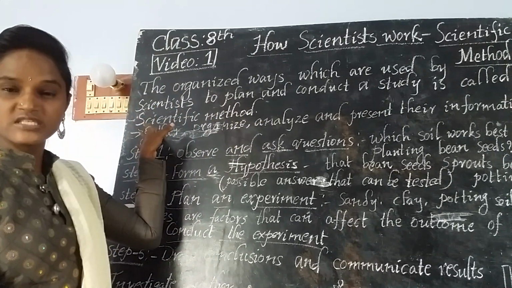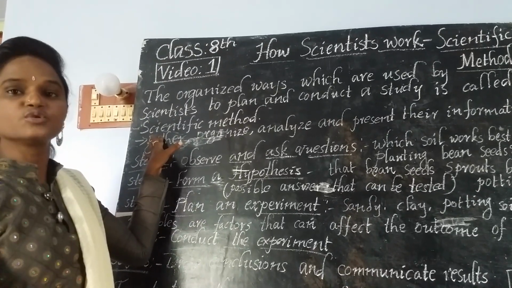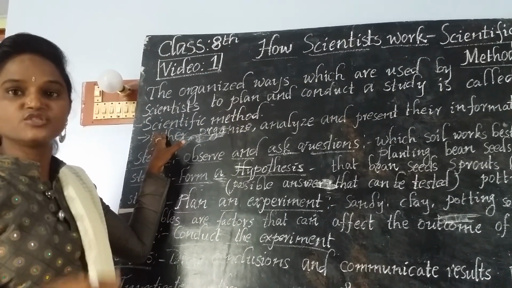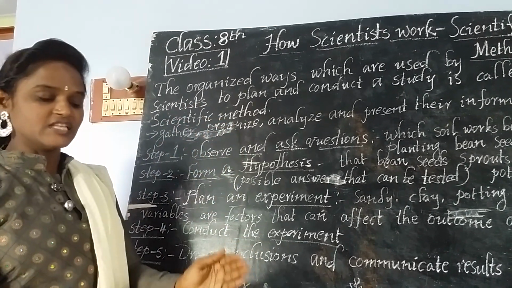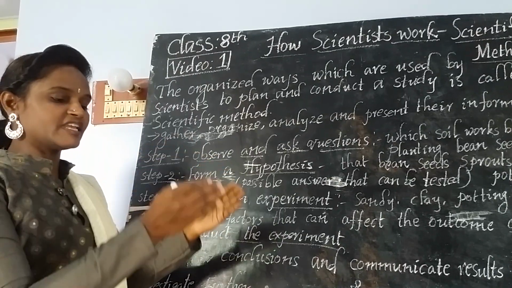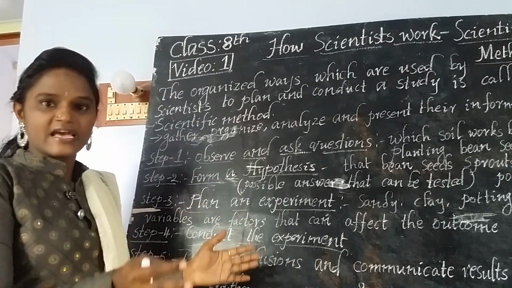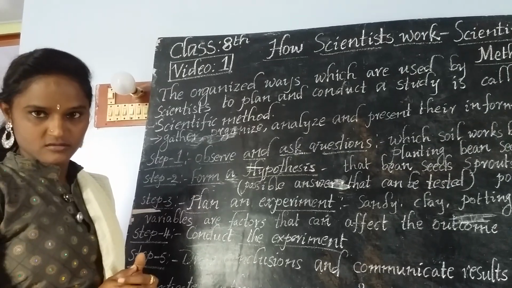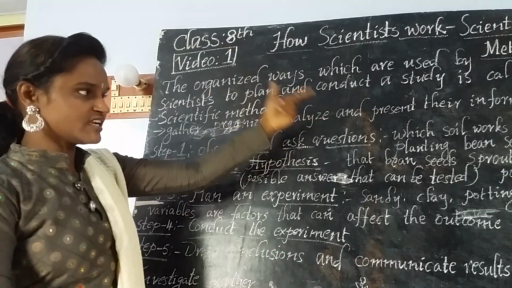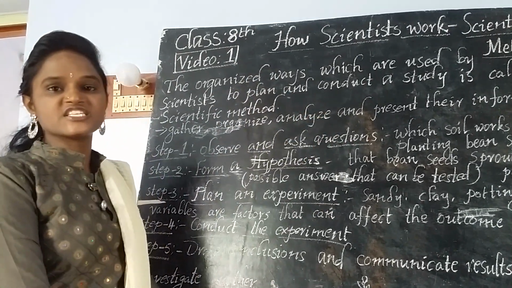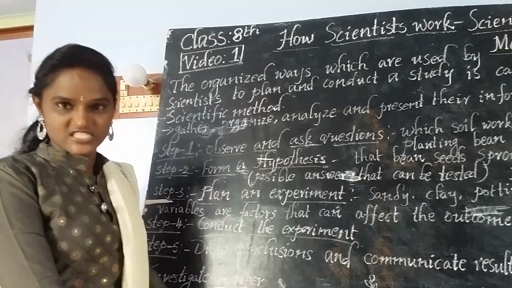First of all, they use the science process skills to gather the information or the things required to know about something. Gathering is the first thing. Later, the gathered material they organize in a proper way. After that organization, they analyze the information. Gathering, organize and analyze. After analyzing, what do they give? They present the result of the investigation.